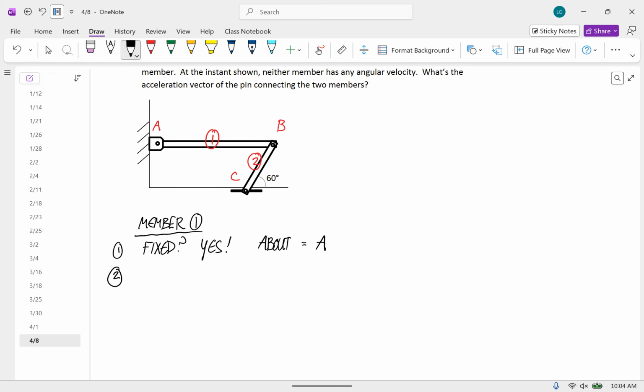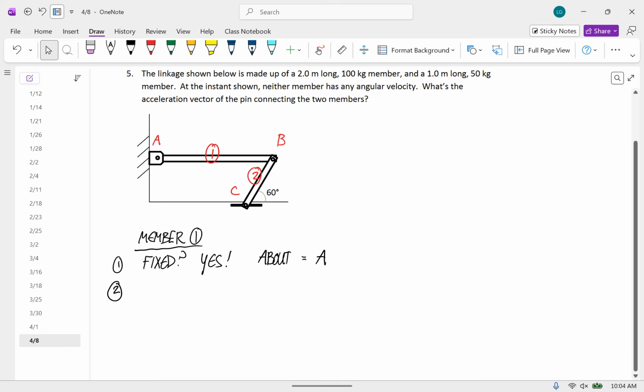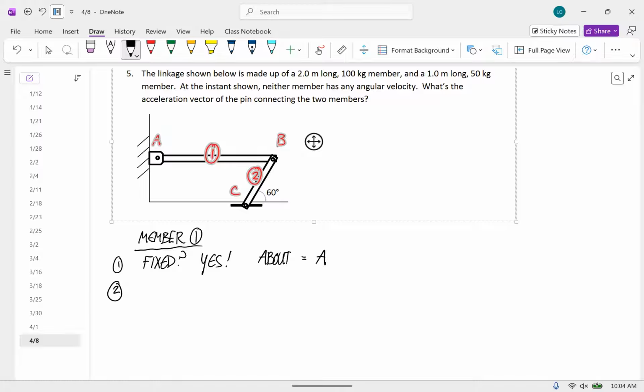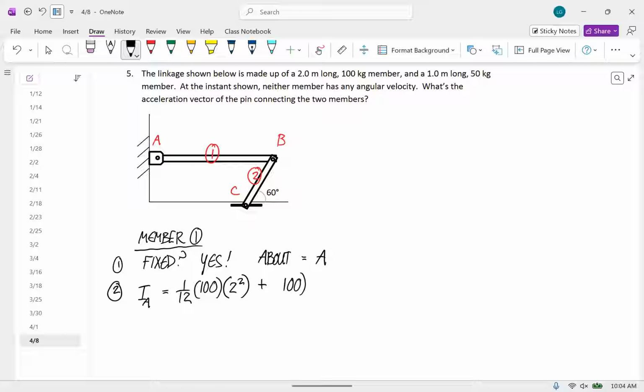Now second, mass moment of inertia. When you have a fixed point, you most often have to use parallel axis theorem. So the moment of inertia about A is 1/12 times the mass. Wow, 100 kilograms. That thing is big. So 1/12 times the mass times, this is a slender rod, so times 2 squared. And then plus the parallel axis theorem part, which is the mass,